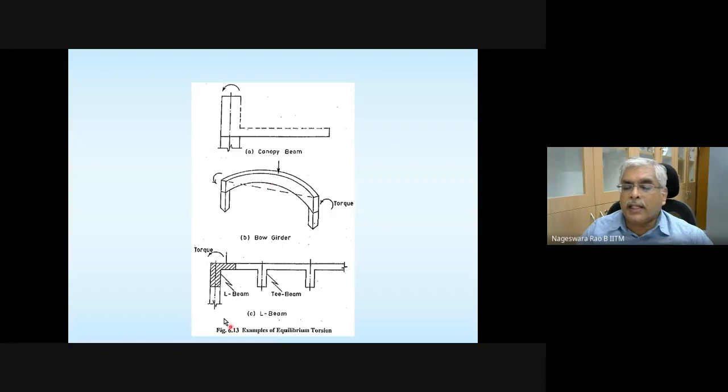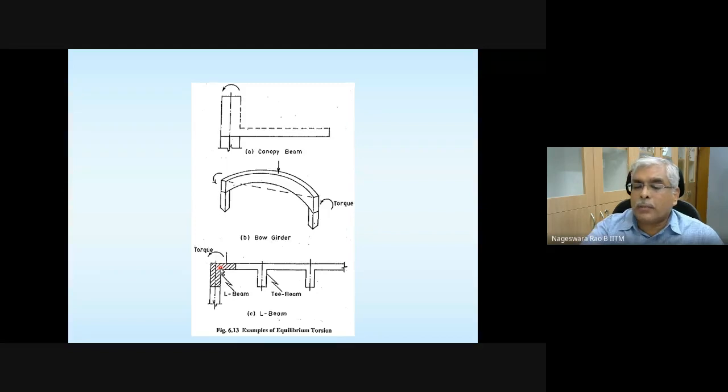And similarly, in this kind of situation, in this kind of beam and slab layout, the extreme or the last beam is going to be subjected to torsion or torque.